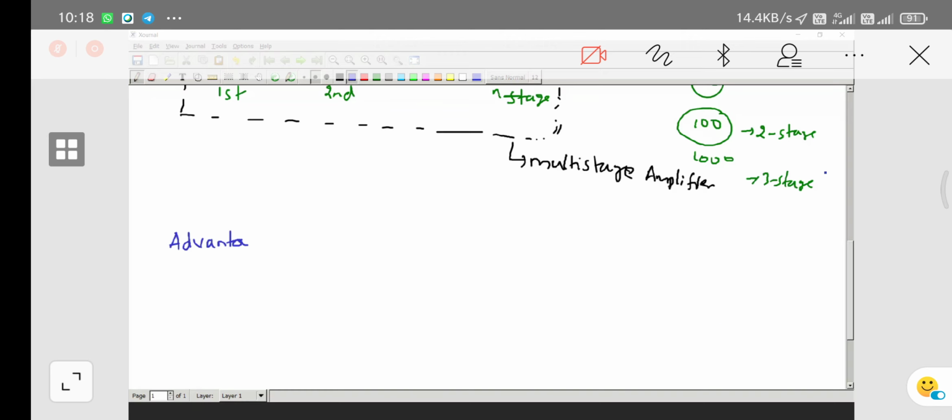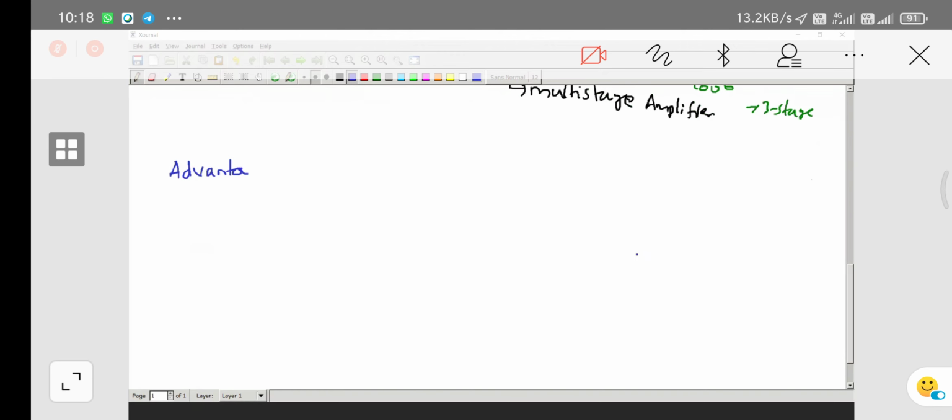So one more thing is, I told you about that operating point, right? I hope you remember that operating point, Q point. So based on the position of the Q point only, we are going to get the application well or not. That has to be in the active region. Q point, right? So here when we use the